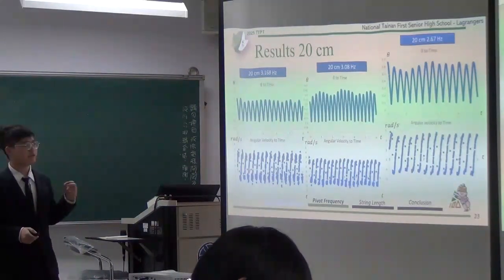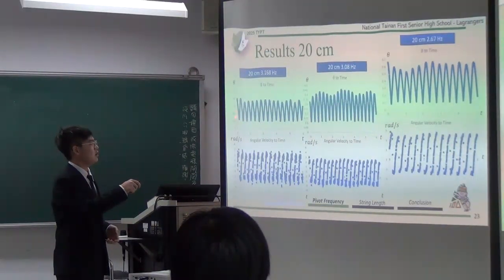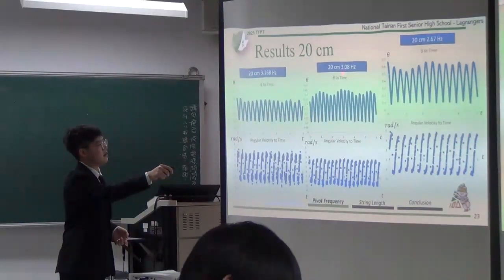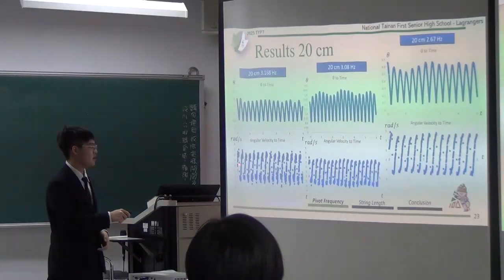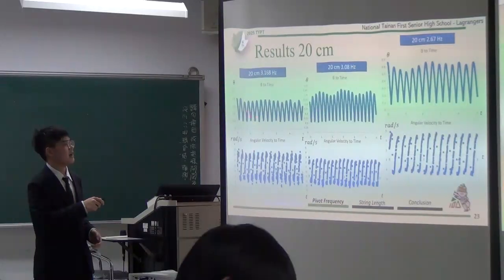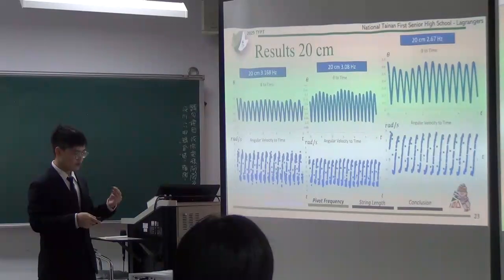And this is the results of the theta to t graphs and the angular velocity to t graphs. So as you can see right here, this remains relatively stable. And then here, you can see a beat like right here. And from this graph, you can see that the angular velocity will jump down due to the collision. And you can see that the magnitude of the theta will increase when the frequency decreases, reaching the resonance case.